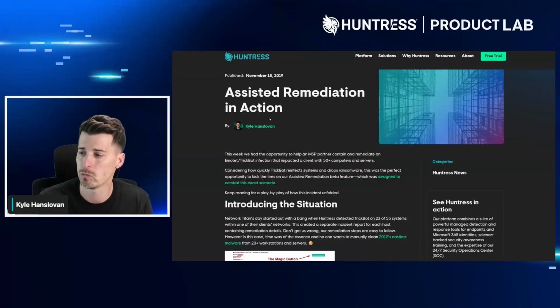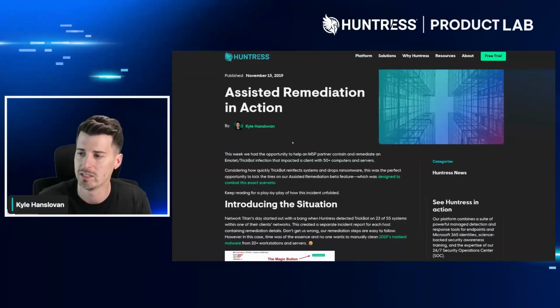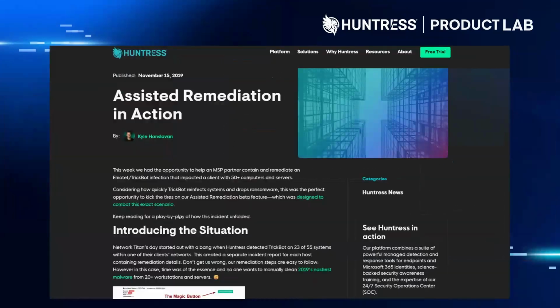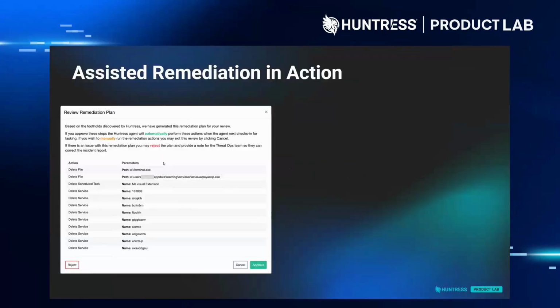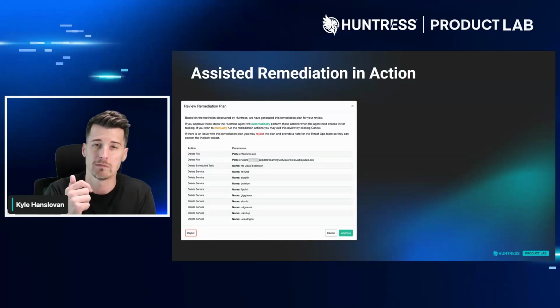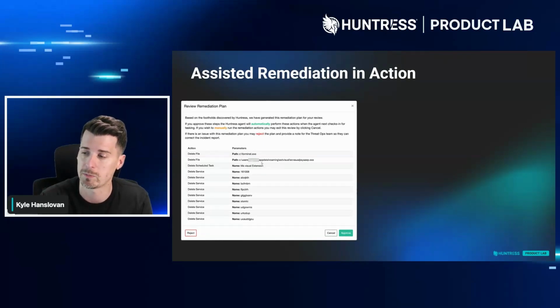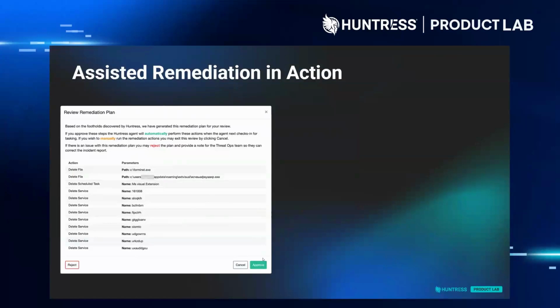And so you can see we ended up by the end of 2019. So if you follow the timeline, right, February of 2019, we rolled this out in action. And actually, we were able to write some pretty neat case studies about assisted remediation and more or less one single magic button. If any of you have been with us for that long, you probably remember, right? Back in 2019, we would deliver you this beautiful remediation plan. It's very similar to the remediation plan that you get today, whether it's on the SIEM, SAT, right? I guess they don't quite have a remediation plan, but we're getting there. But very much in the EDR and ITDR space, you get these plans. And again, you can approve the darn things.